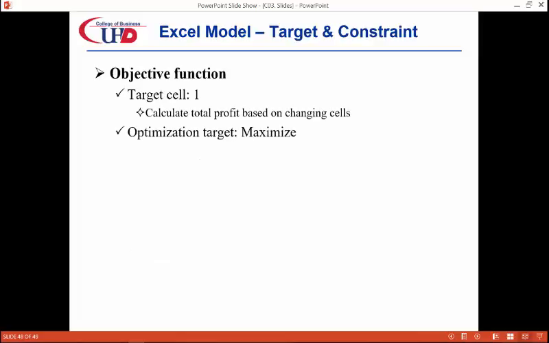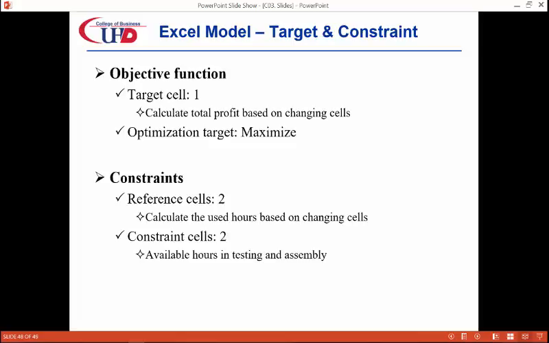There is 1 target cell for the objective function. In target cell, we calculate the total profit by referring to the changing cells. Remember, we want to maximize the target. For constraints, we need 2 reference cells and 2 constraint cells. In reference cells, we calculate the used hours by referring to the changing cells. In constraint cells, we input the capacity